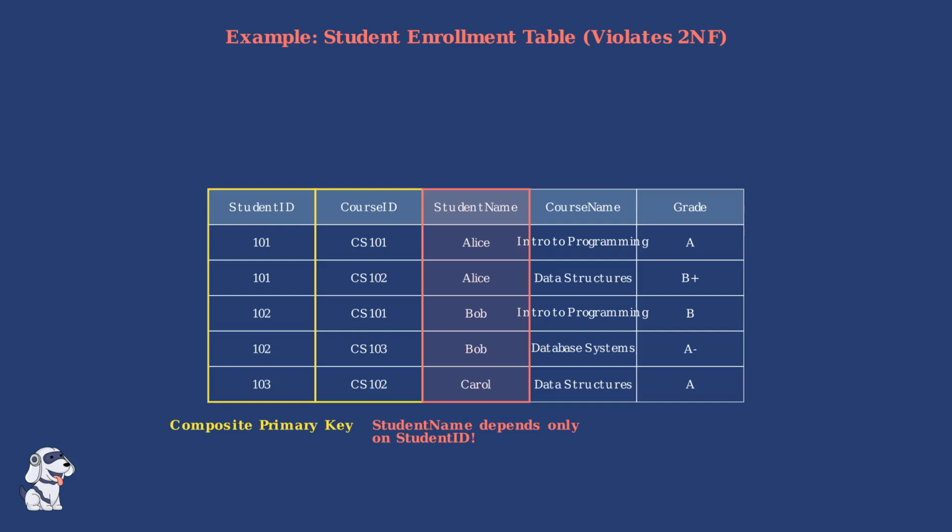Alice is Alice, regardless of which course she's taking. This creates a partial dependency. This partial dependency causes redundancy. Alice's name is repeated in multiple rows, which wastes space and can lead to update anomalies if we need to